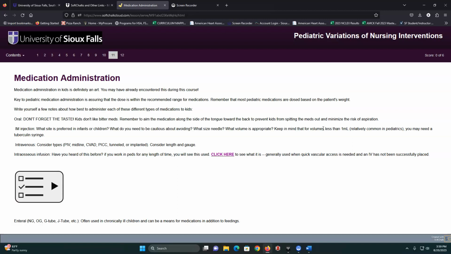Make sure that you're not putting a medication in a big amount of fluid, because what happens if they don't drink it all? Sometimes we can make the meds taste better with some chocolate syrup, or sprinkle it on some chocolate pudding. So we really do try to do this in an atraumatic way. We try to make it as best as possible for these kids, but we also do what we can do. IM injections, we really try to avoid these as much as possible in kids.